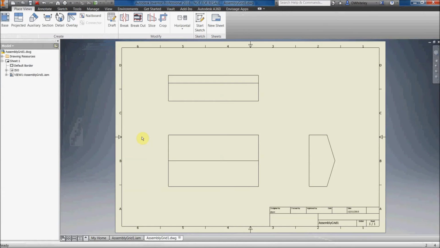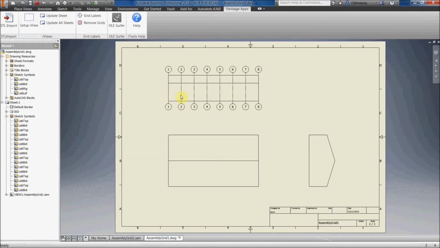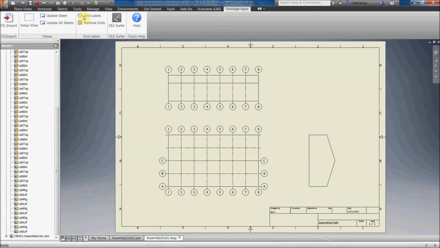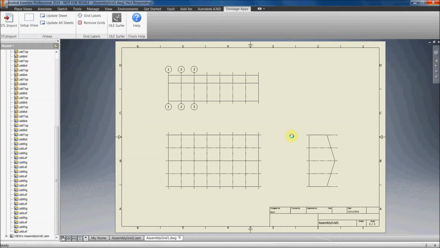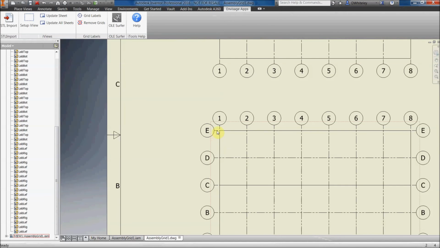And then if I go to the drawing views and we go to our Envisage Apps ribbon again, we've got grid labels and remove grids commands. If I go to grid labels and select a view, that will create the grid lines in that view, and again grid labels, select this view, and so on. And then when we've created the grids, these can be edited, grip edited in the drawing should you wish, and